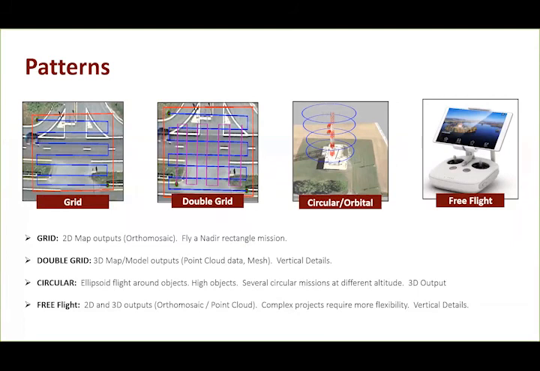Another flight pattern that's utilized quite often is a double grid, where it's almost like two grid missions, one at a 90-degree angle to the other. It is flown where you're looking to get some good vertical data potentially. So your camera may not be at an ortho value, otherwise 90 degrees, and will have some oblique angle. Ultimately, with the end product, through some type of post-processing, again through a photogrammetry program, you're looking to get 3D data. So you may want to work with a mesh, or most often than not, point cloud data, where you're able to harvest out a LAS file